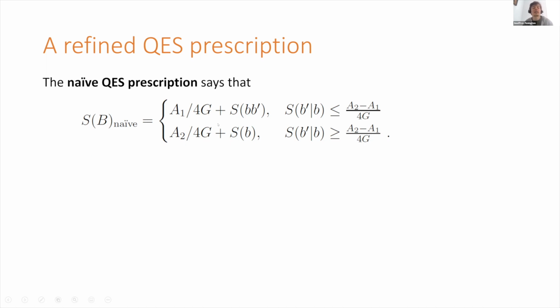And this is valid when it's smaller than the generalized entropy of the other surface, but we can equivalently state that as it being valid when the conditional von Neumann entropy of little b prime conditioned on little b is less than the difference between the two areas. That's just rewriting the condition that this thing is less than this thing. And equivalently, this one's true if it's the smaller of the two, i.e. the conditional von Neumann entropy is bigger than the area difference.